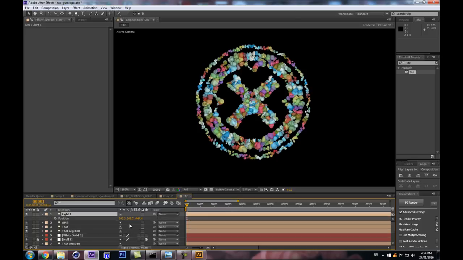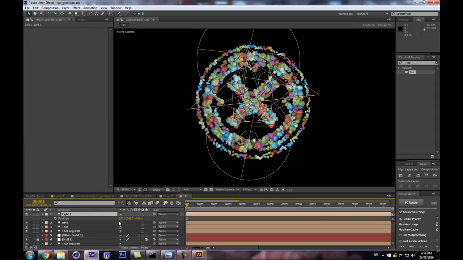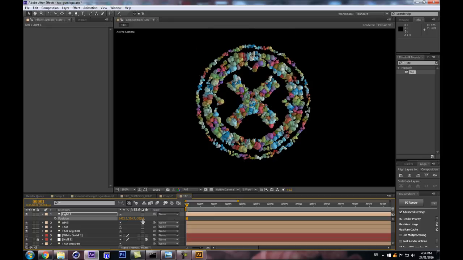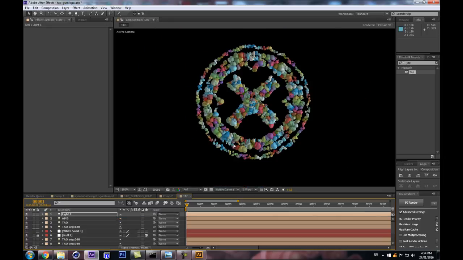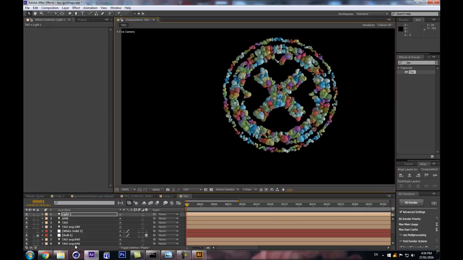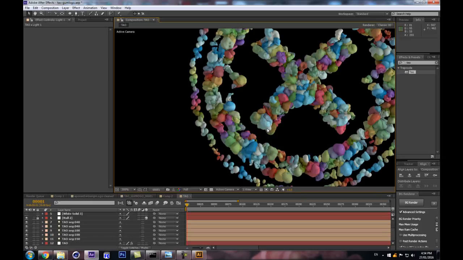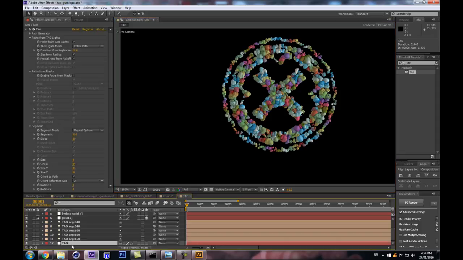So let's grab this light, and now, is that a point? Yeah. Let's bring it towards the left, and let's push it backwards a little bit. So we have a little backlight on the side here, and so that's basically how I would create the gum look on a logo,